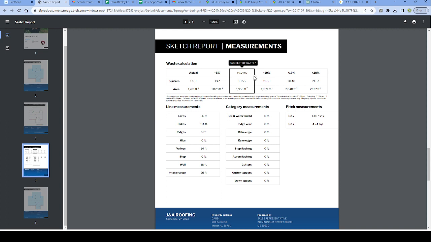So suggested waste, it kind of calculates that for you. You get 19.5 squares, and then here are your eaves, rakes, ridges, and hips. Okay, so let's go ahead and utilize this address, and let's jump into